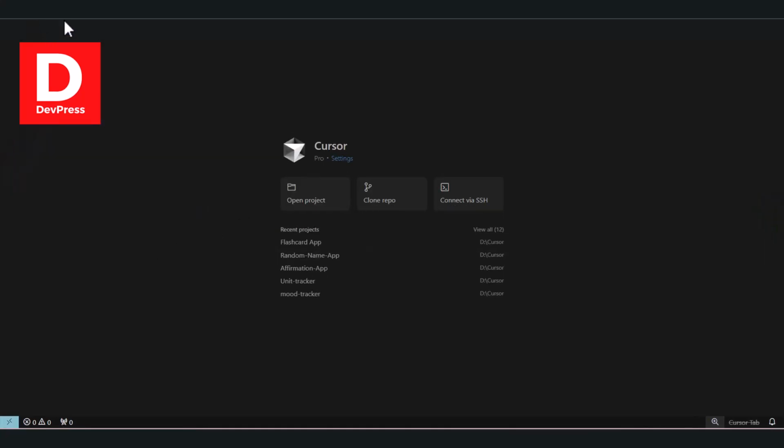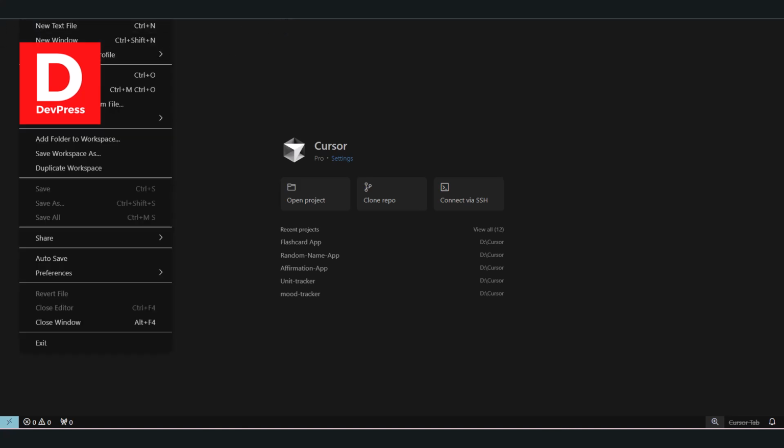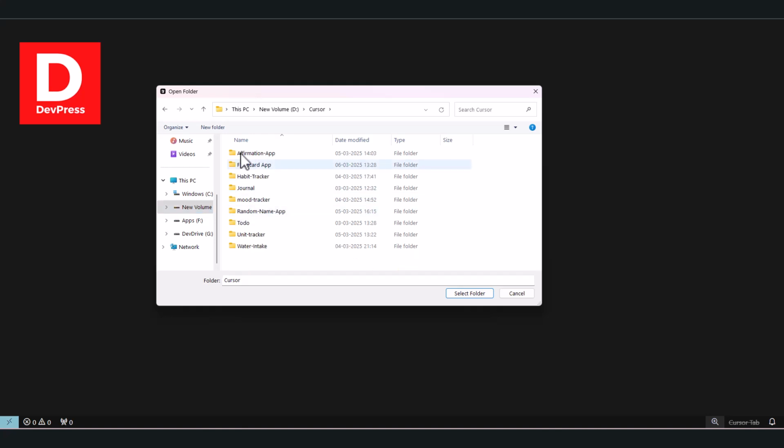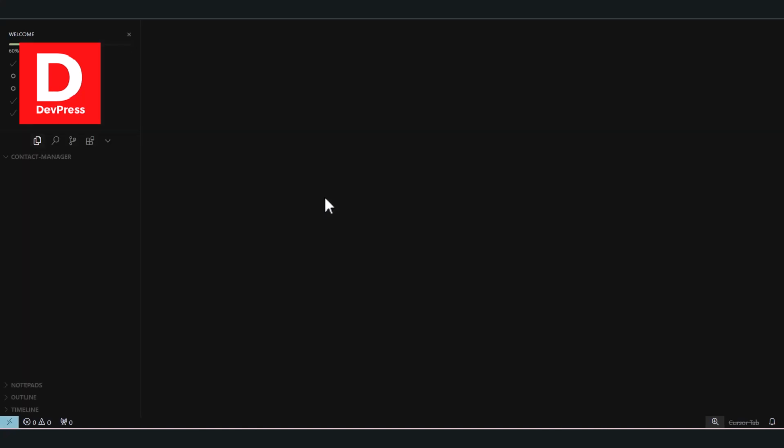I'm opening Cursor, and here if I open the folder, I may have to create this app. Let's say something like contact manager, right? So select the folder, it becomes the project. Now if I click on Cursor rules,